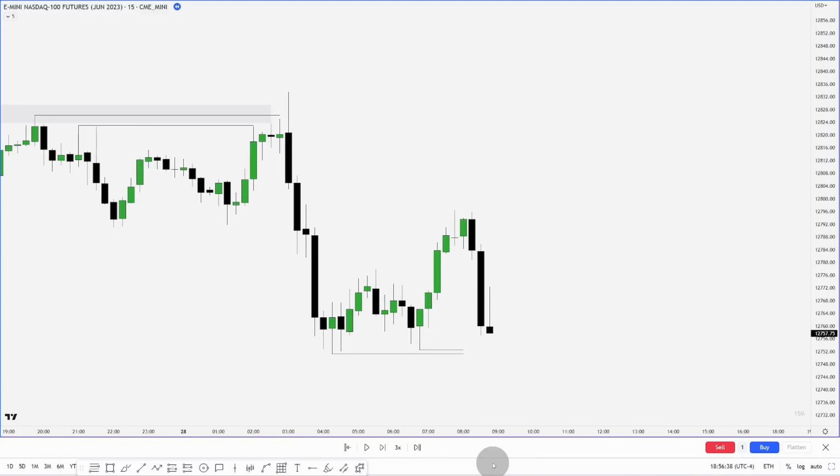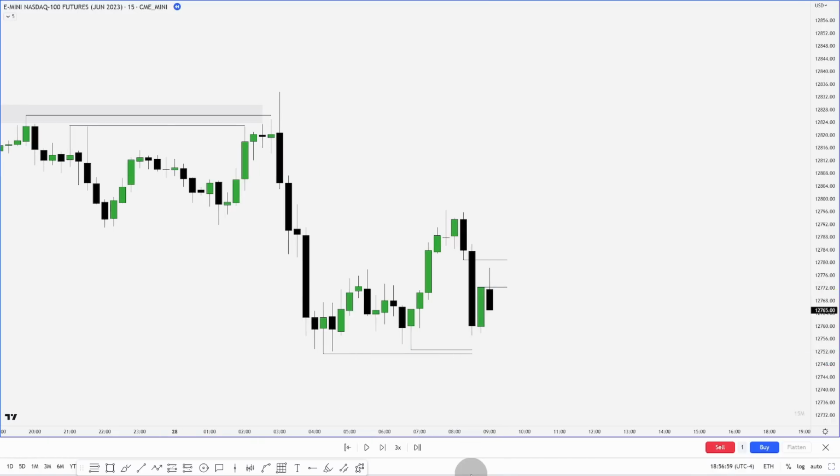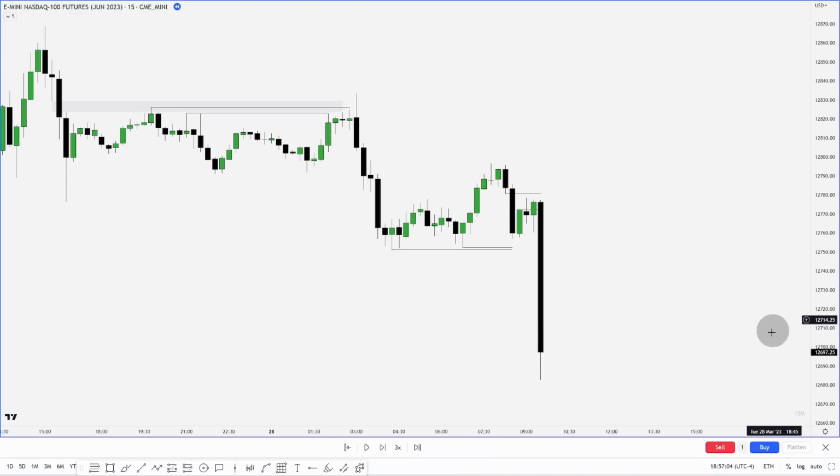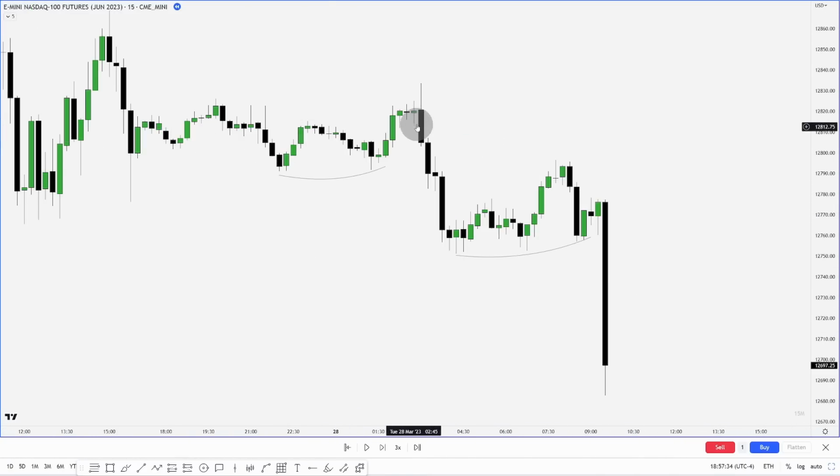So price reaching back up into the range. And there we go. We see a drop. Now we have a 15-minute fair value gap right here. So this is when I would expect price to go for the fair value gap and then reach for the low resistance liquidity below and ultimately to our draw on liquidity below. And there we go. We get our move down. Now you can see with both of these moves here, I had low resistance liquidity resting below as a target, and I expected price to continue the bearish order flow on the higher time frame and reach below these lows.